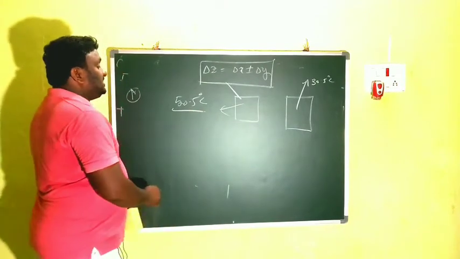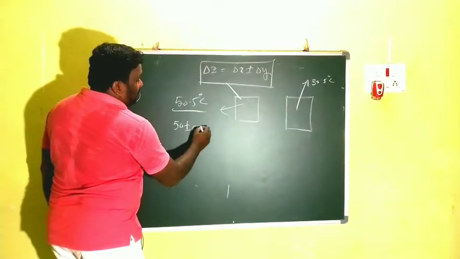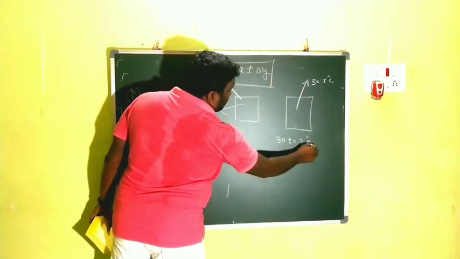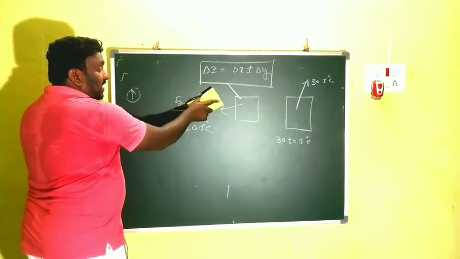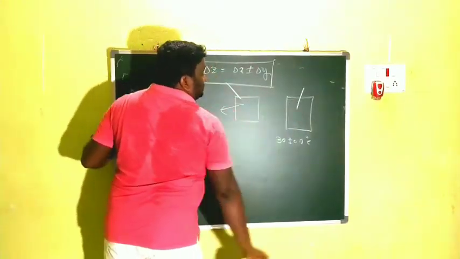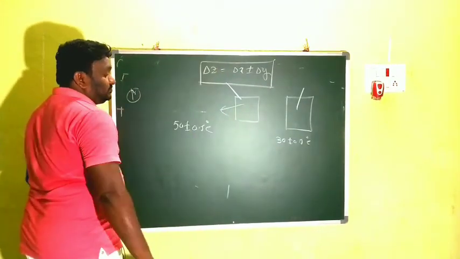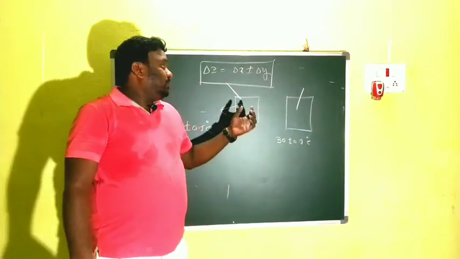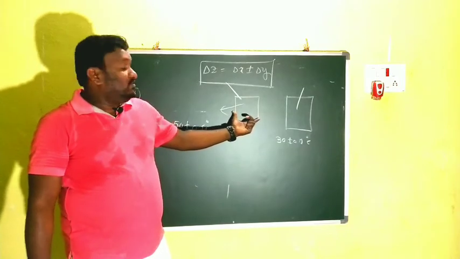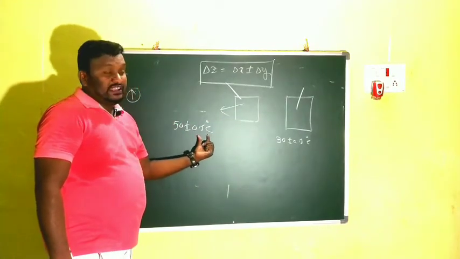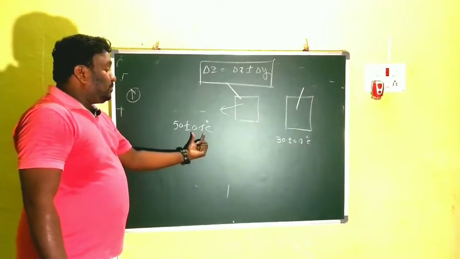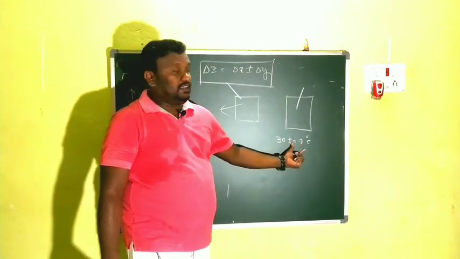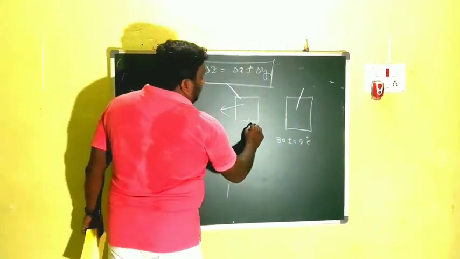50.5 should be written as 50 plus or minus 0.5 degrees Celsius, and here 30 plus or minus 0.5 degrees Celsius. Clear? So the value should be shown like this. Then find the error in the resultant one. We want to find out the difference of these two. This is the first body. By using the thermometer, we find the temperature is 50 plus or minus 0.5 degrees Celsius. Here 50 is the original value and 0.5 is the error. And 30 is the initial one and 0.5 is the error.